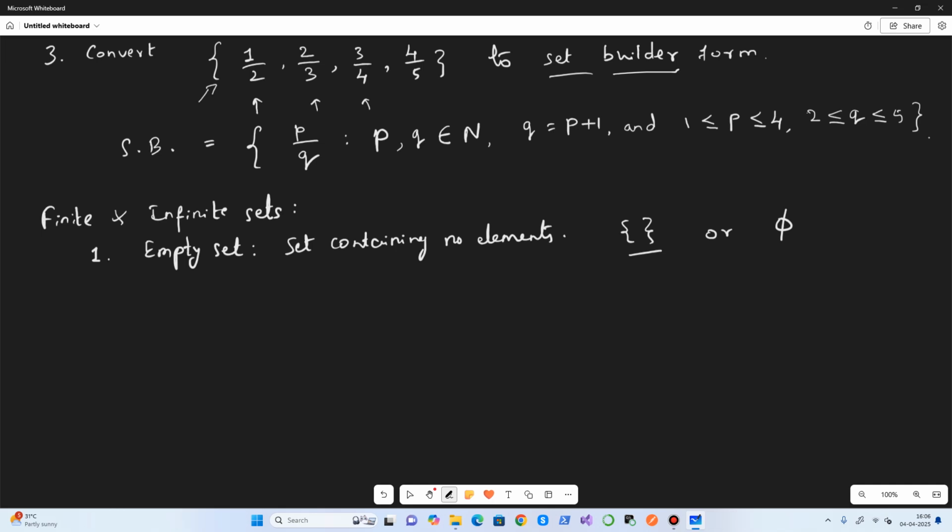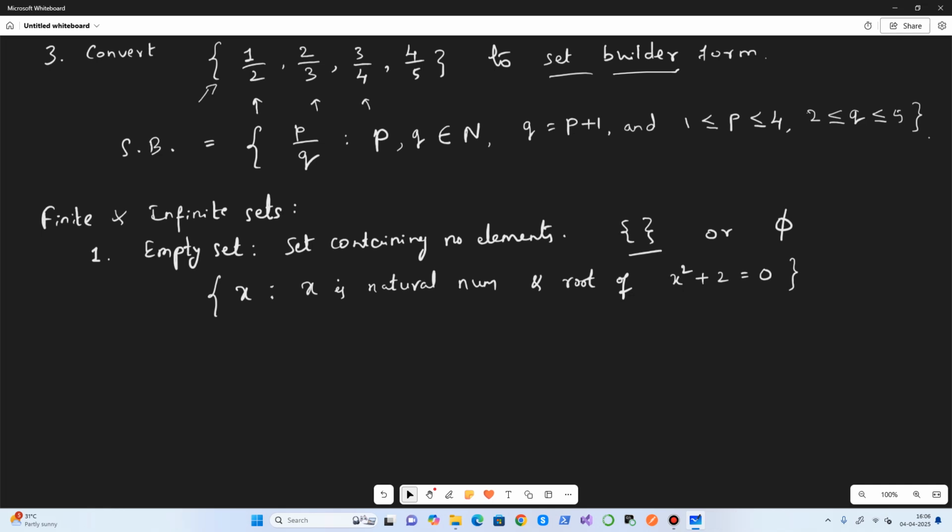Say for example I am given a set builder form which says a number x such that x is a natural number and x is a root of x square plus 2 equal to 0.